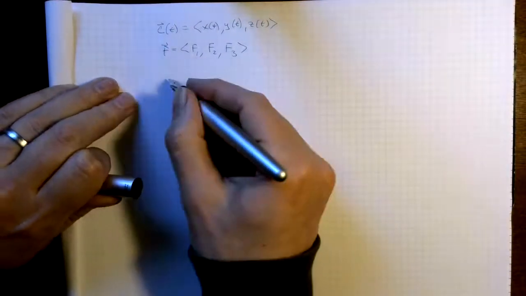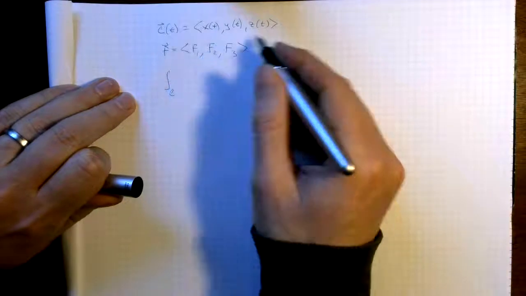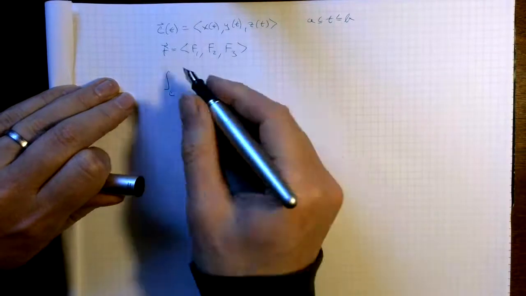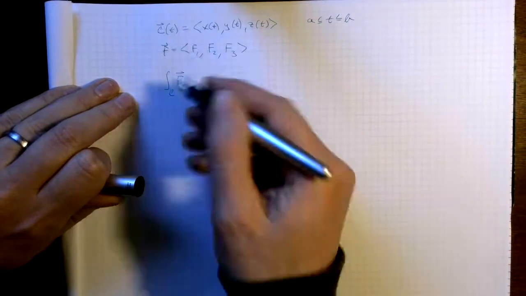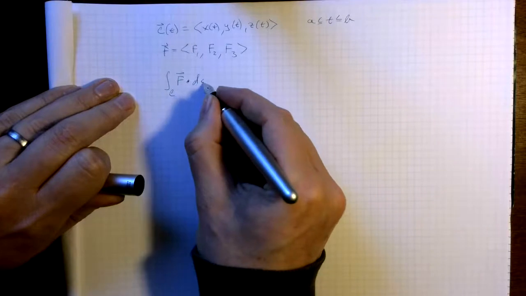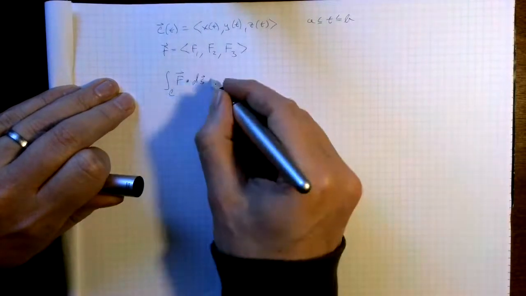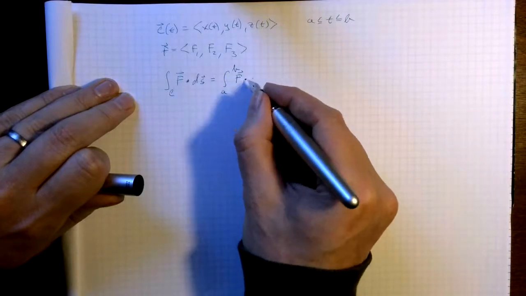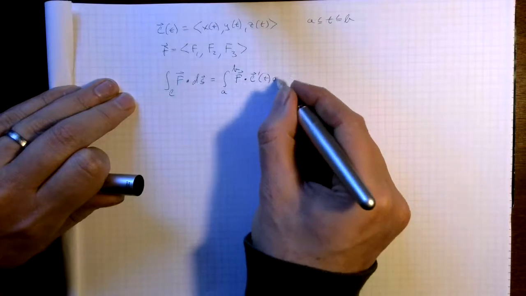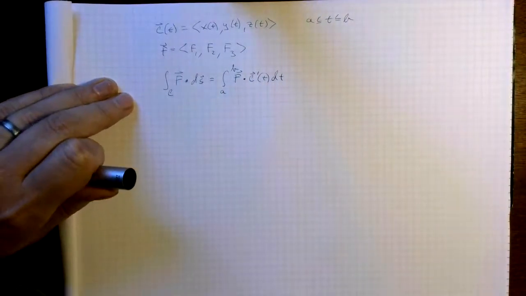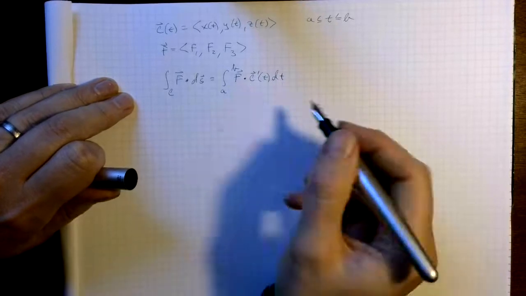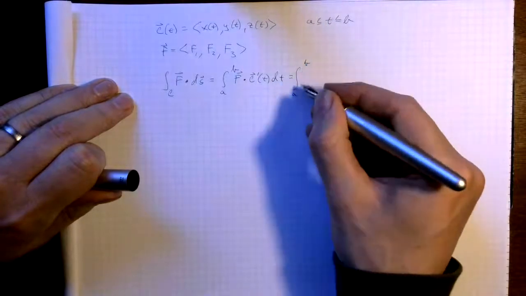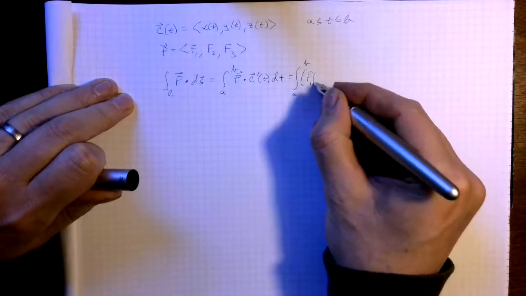And so if we write this as t again going from a to b, and we write the integral along c of f dot ds, it's going to be again the integral of f dot c prime of t dt. It's the same computation, except now when I write this out,